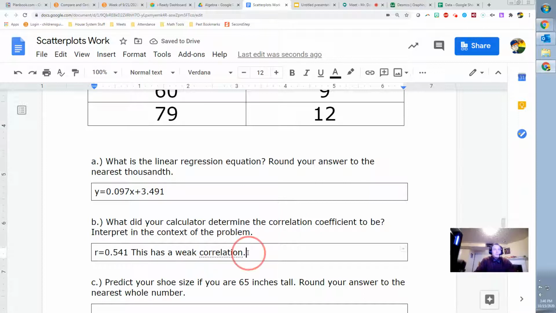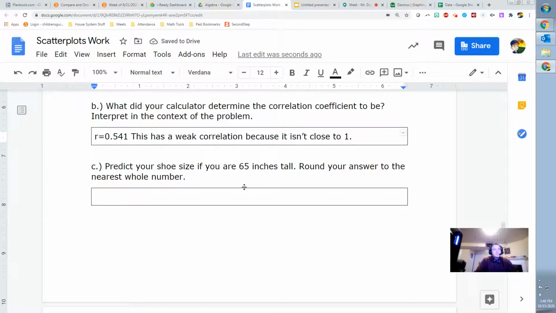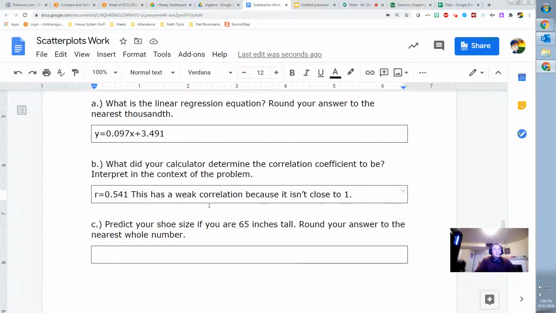Yeah, a weak correlation because it isn't close to 1. Pick your size. If you're 65 inches tall, round your answer to the nearest whole number. So that's where you'd substitute back in here. And you would come in here. Y equals, so my shoe size would equal